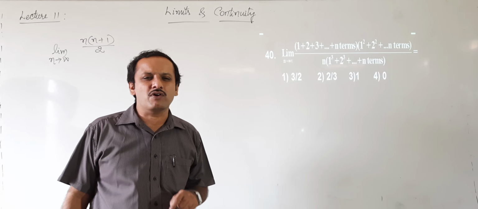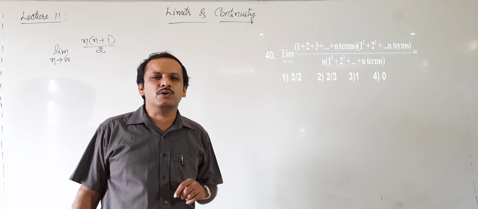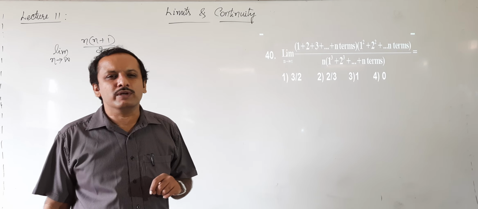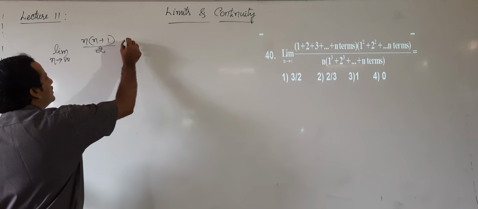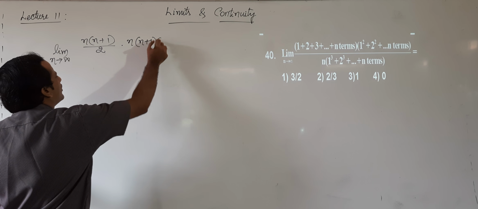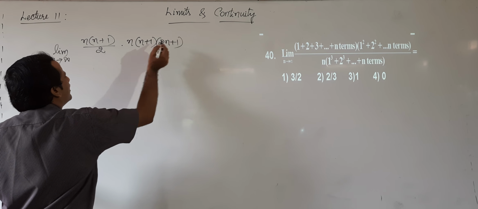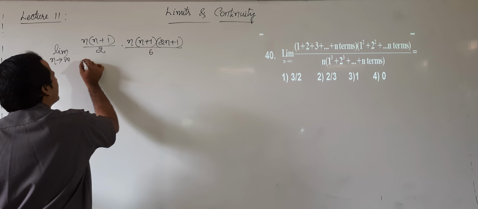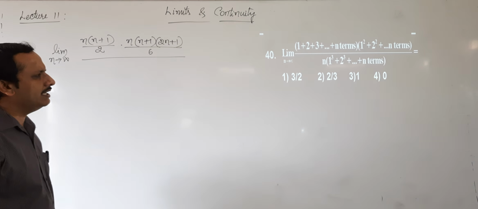That sum, we know the formula, sigma n square is equal to n into n plus 1 into 2n plus 1 by 6, whole divided by n into,